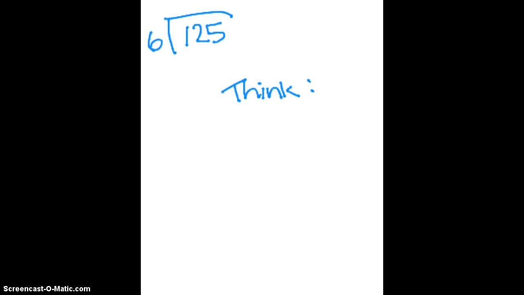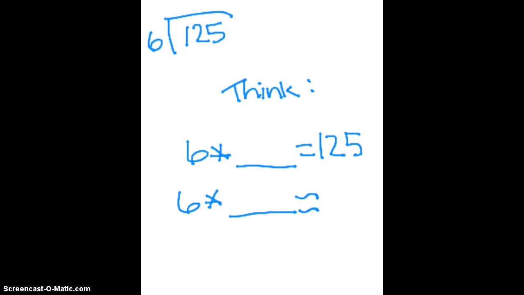So we want to do an estimate. I would encourage you to think multiplication, to think 6 times what equals 125. And if nothing is exactly 125, then we're going to think, well, 6 times what is about. And this symbol that Mrs. Kelzer just made, which looks like I took my equal sign and gave it a little whip, means about, is about. So 6 times what is about